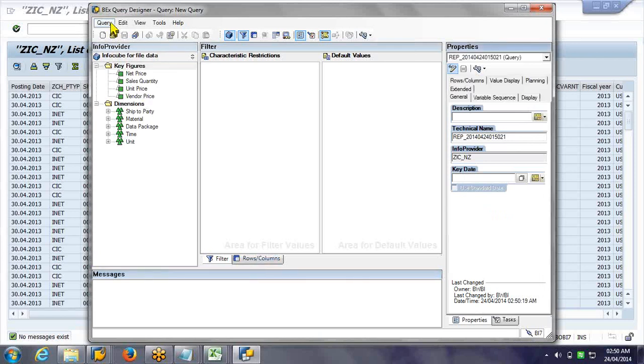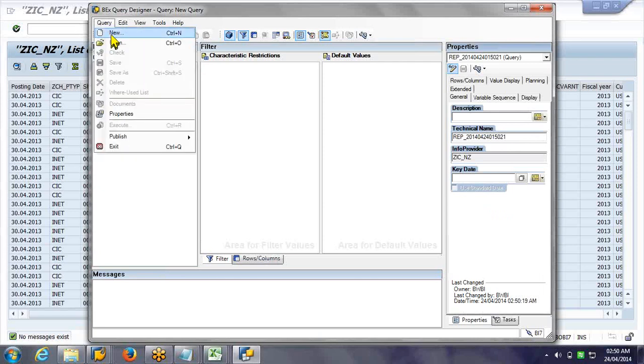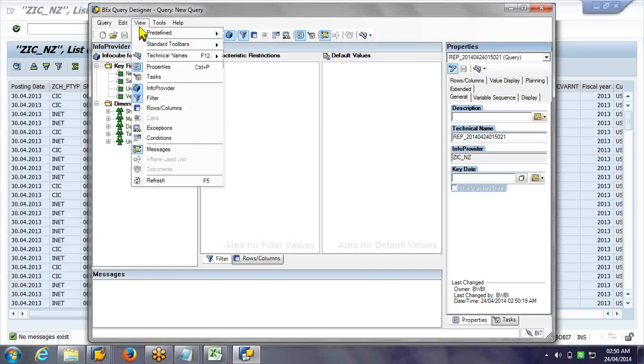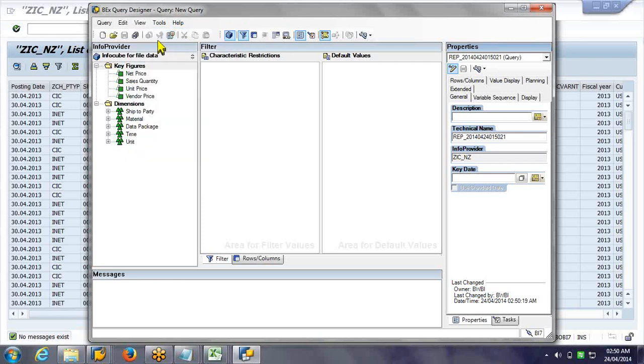So in the query designer, you will have the menu bar option wherein you can create a new query, you can open an existing query. So many options are there. The same options are in the toolbar, a view and standard toolbar.